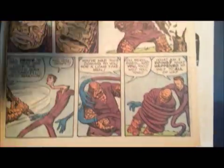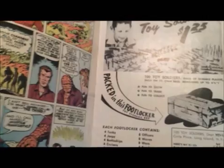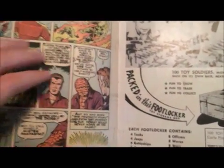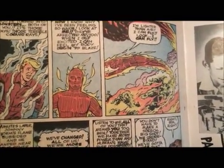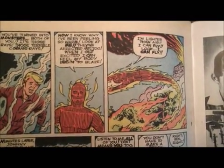And now as a result of Mr. Fantastic doing that, they've been hit by the cosmic rays, and Ben's deformed as the Thing, and that's basically the whole backstory for a lot of the drama in the early Fantastic Four stories. Is the Thing, otherwise known as Ben Grimm, being mad at Mr. Fantastic, and Mr. Fantastic feeling guilty about